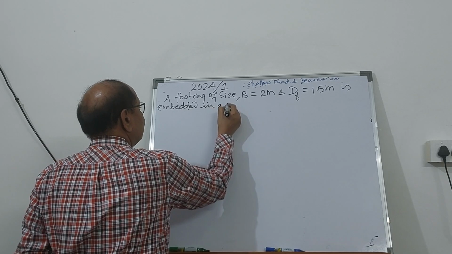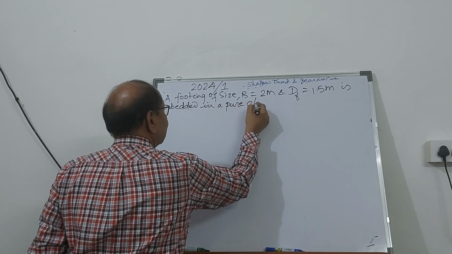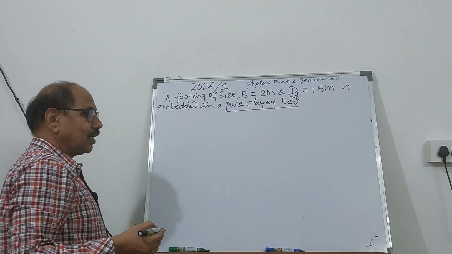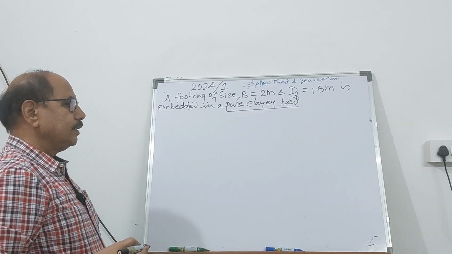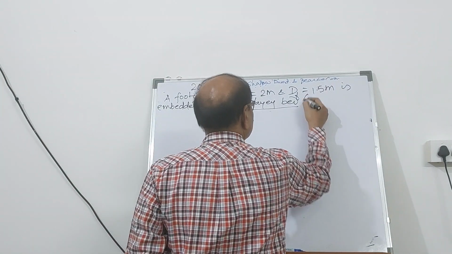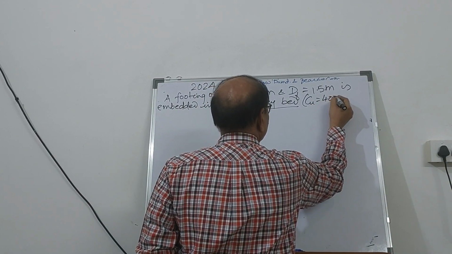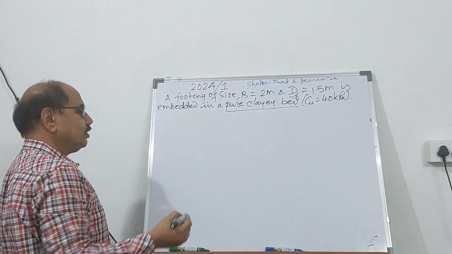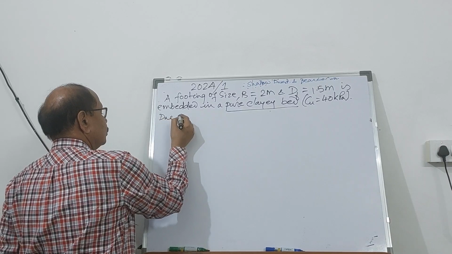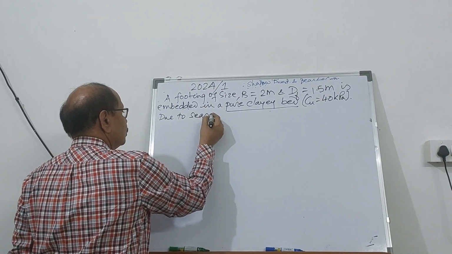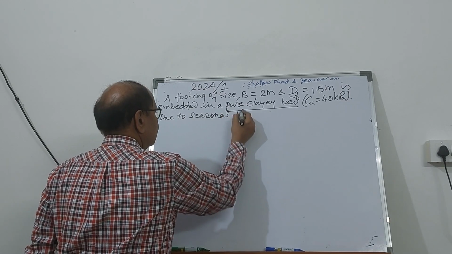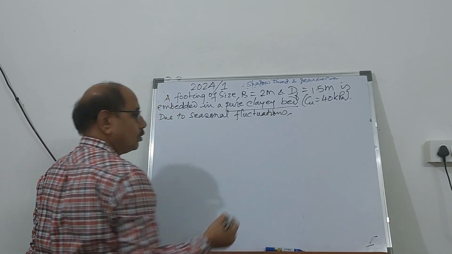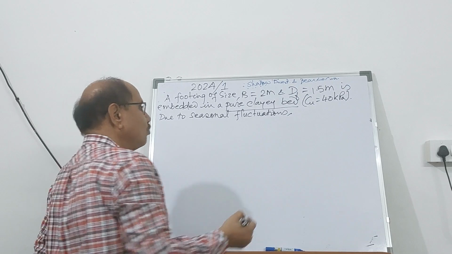a pure clay bed. So the bed is pure clay, and the value of Cu is given as 40 kilopascal. Due to seasonal fluctuations of groundwater table,